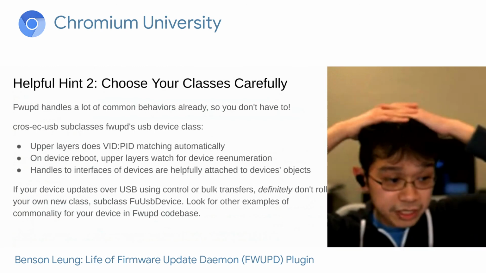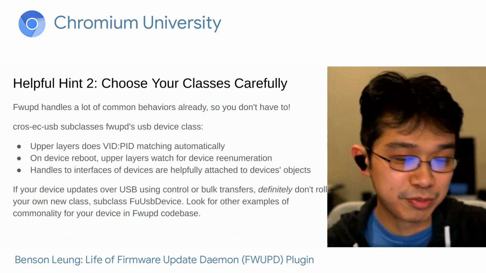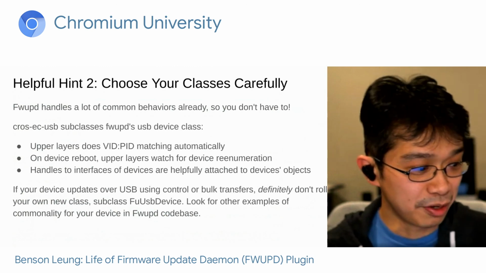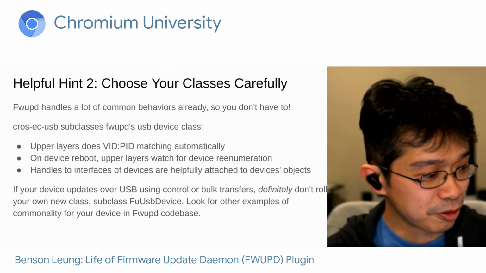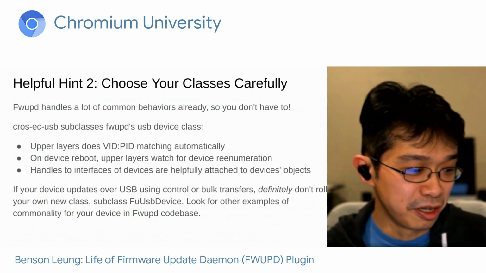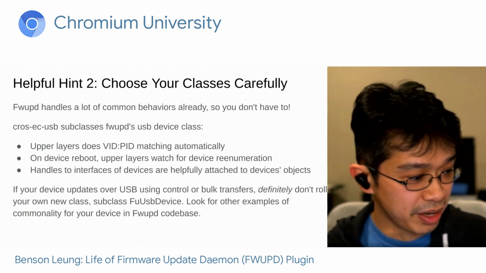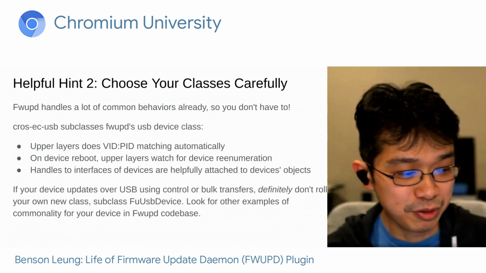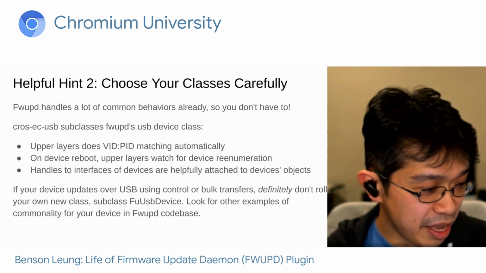Okay, so helpful hint number 2: choose your classes carefully. So I mentioned before that FWUPD captures a lot of common functionality into its common code. One of the ways it does this is with subclassing. So cros-ec-usb subclasses FWUPD's USB device class. The benefits to this are upper layers handle things like VID-PID matching automatically so that your updater doesn't have to. On device reboot, the upper layers watch for device re-enumeration and reconnection. And it also handles